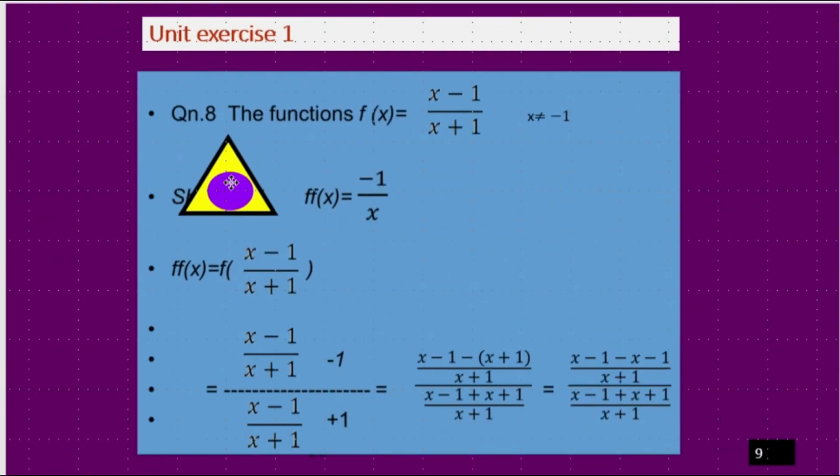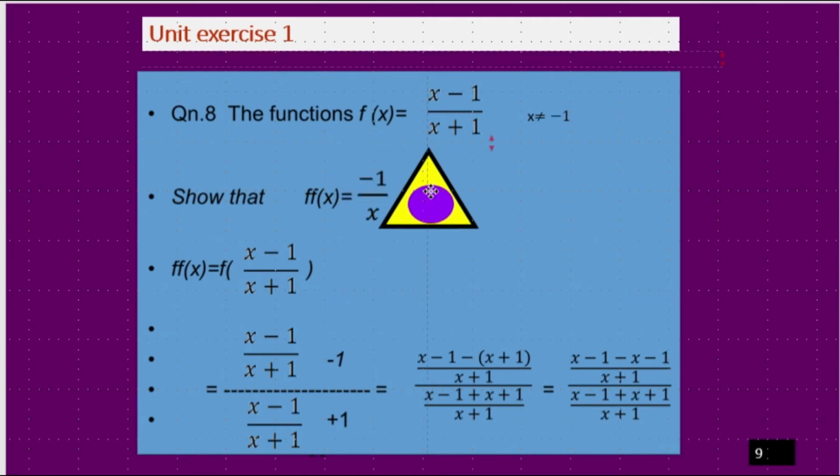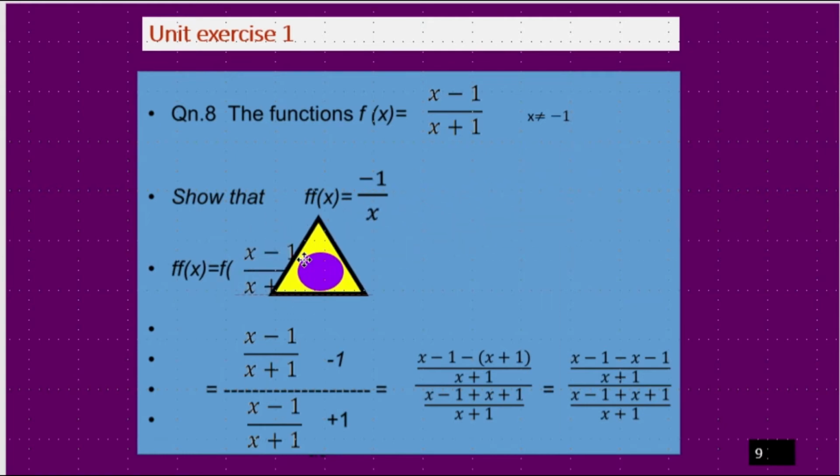Question number 8. The function f of x equals x minus 1 by x plus 1, x not equal to minus 1. Show that f of f of x equals minus 1 by x. f of f of x equals f of x minus 1 by x plus 1. x is now replaced by x minus 1 by x plus 1. Then it equals x minus 1 by x plus 1, minus 1, over x minus 1 by x plus 1,